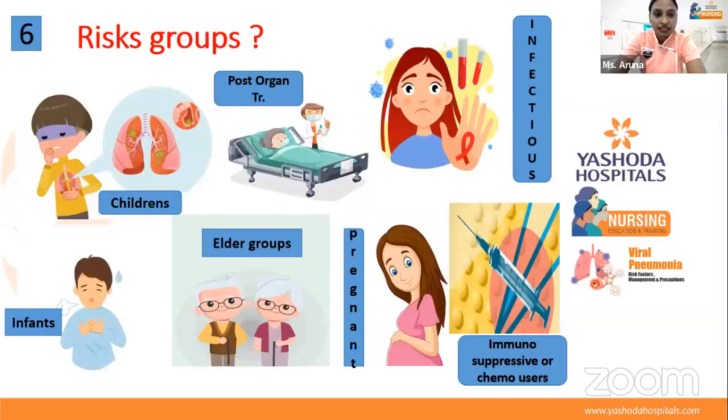Let us see the risk groups of viral pneumonia: infants below the age of 2 years, elders and children, post-organ transplant patients, elder groups above 65 years, pregnant women, people with infectious diseases like HIV or AIDS, those under immunosuppressive drugs or on chemotherapy medications. And also, I think you might be receiving a lot of outpatients who are on immunosuppressive drugs and who are chemotherapy users, and what precautions should they be taking